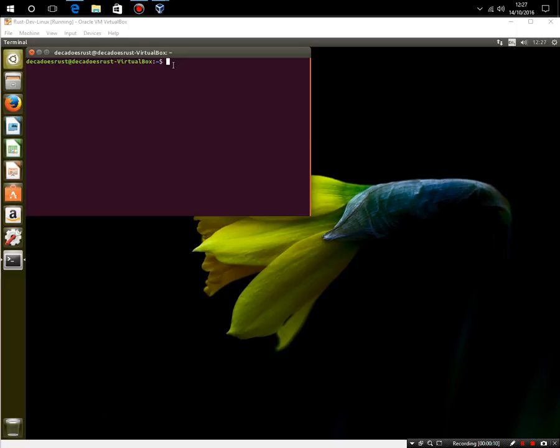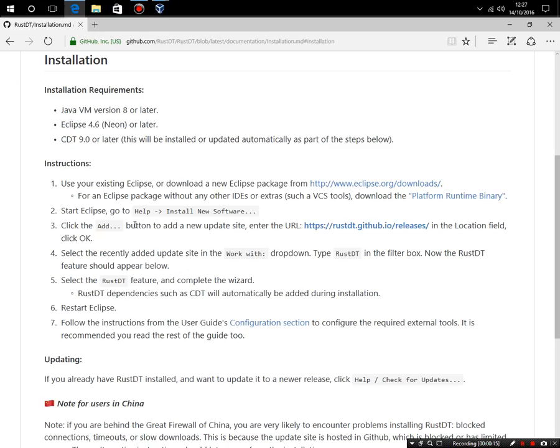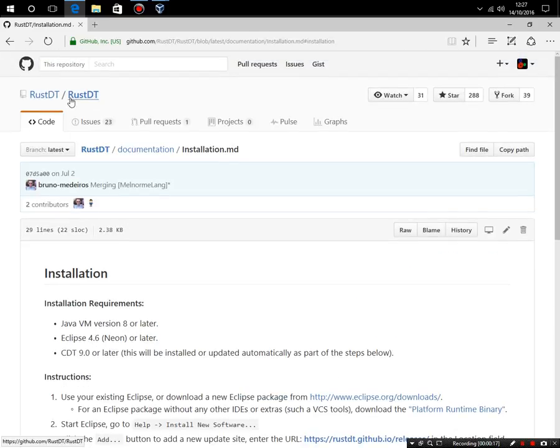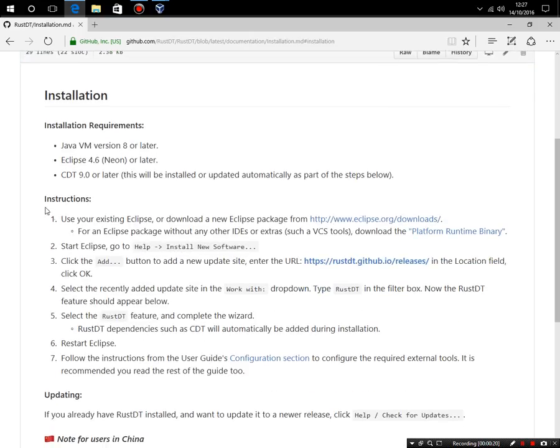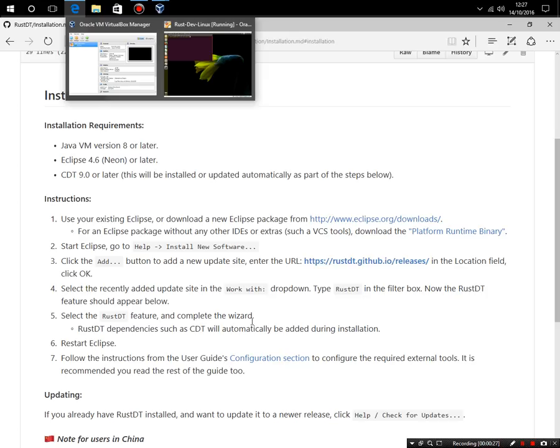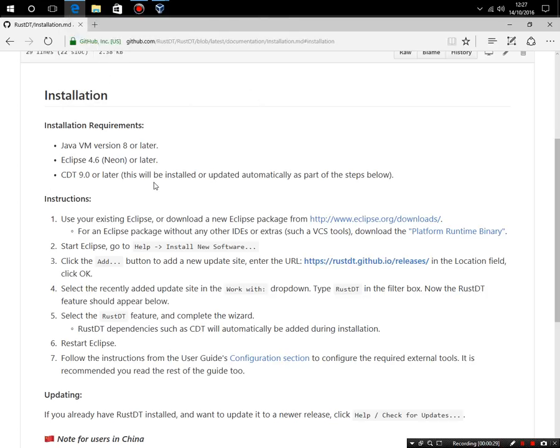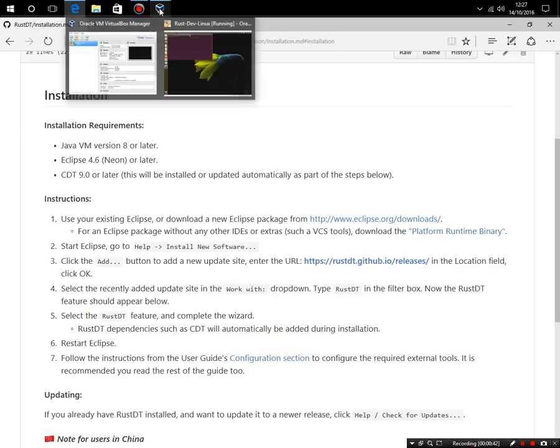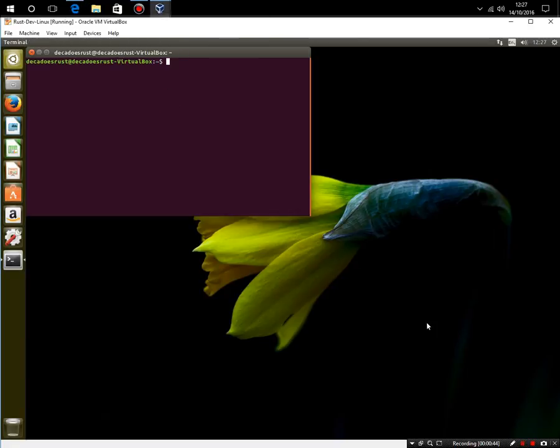In this episode we're going to show you about installing Eclipse and RustDT, which is the Eclipse plugin itself. I know at the moment we've got the Atom editor, which seems to work great for me, but some people use Eclipse, so I wanted to go through the installation of setting up Rust in Eclipse. So first we're going to see if we've got Eclipse available to set up,